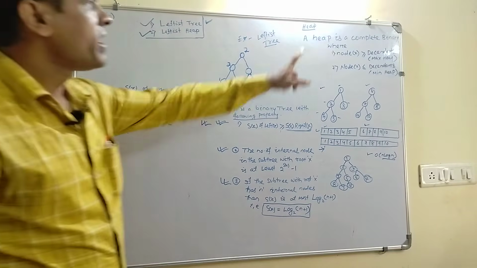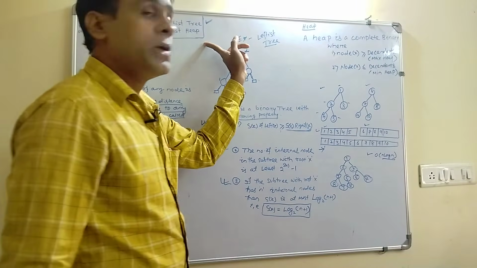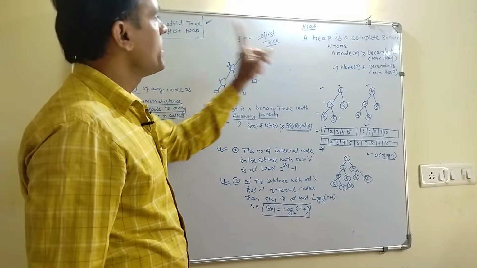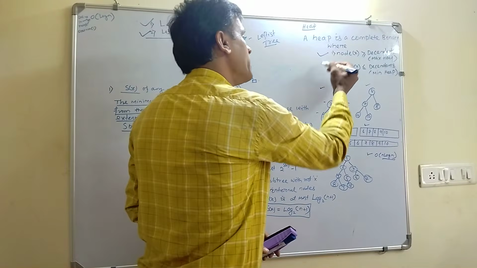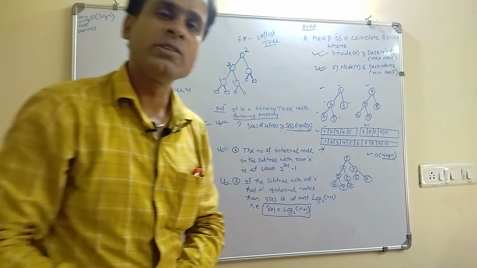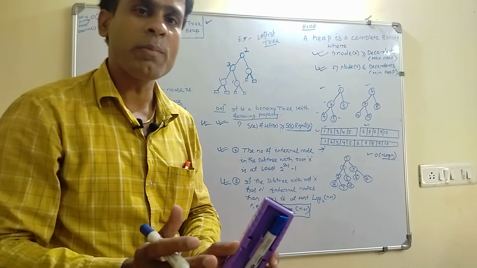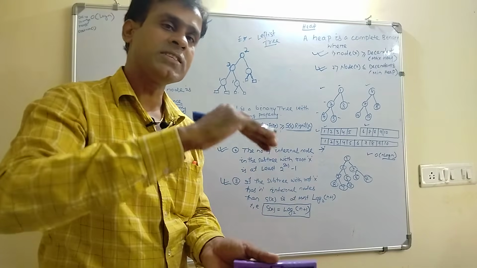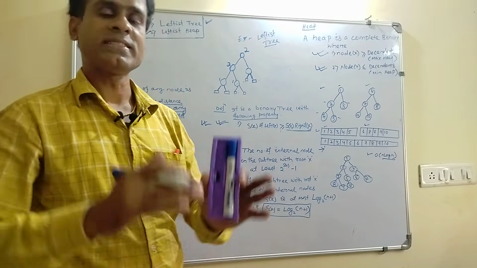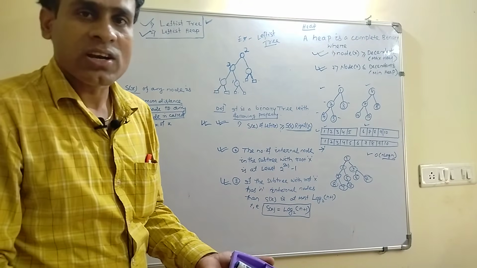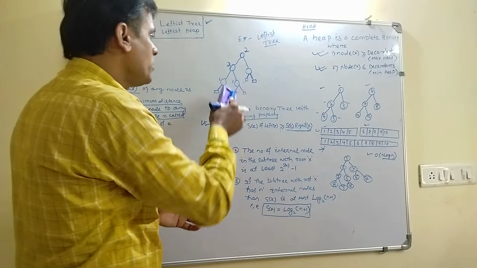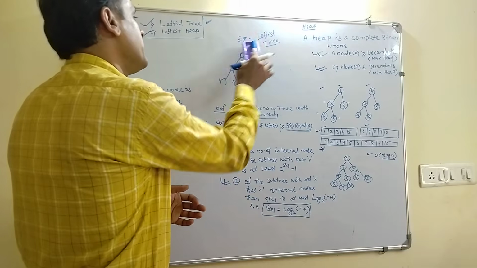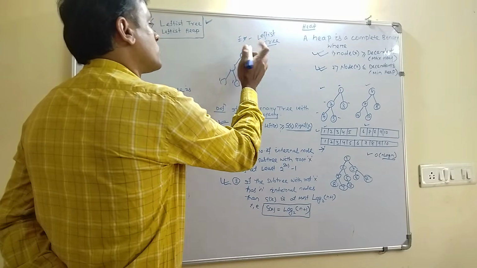Already I told you that a heap is a complete binary tree, but here it may or may not be a complete binary tree. But if you are going for a leftiest heap, it will satisfy the structural property of the heap. What is the structural property of the heap? That is called the min heap property or max heap property. If you are inserting the elements in a min heap satisfying the min heap property, or by satisfying the max heap property, then it is called the structural property. So now if you want to make this tree a leftiest heap, you have to satisfy the structural property also.